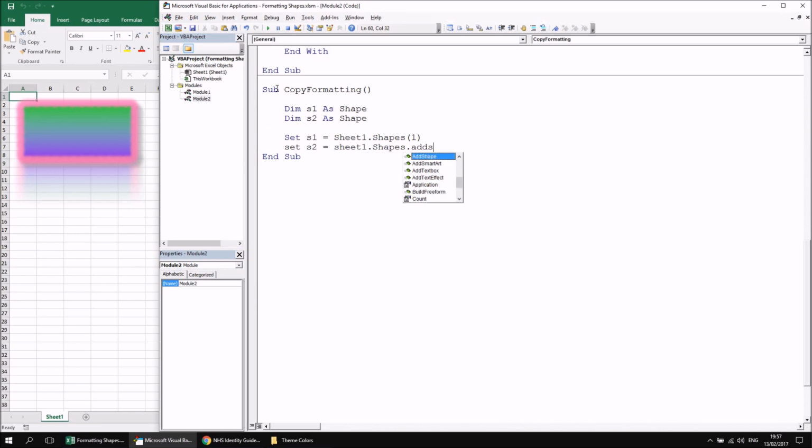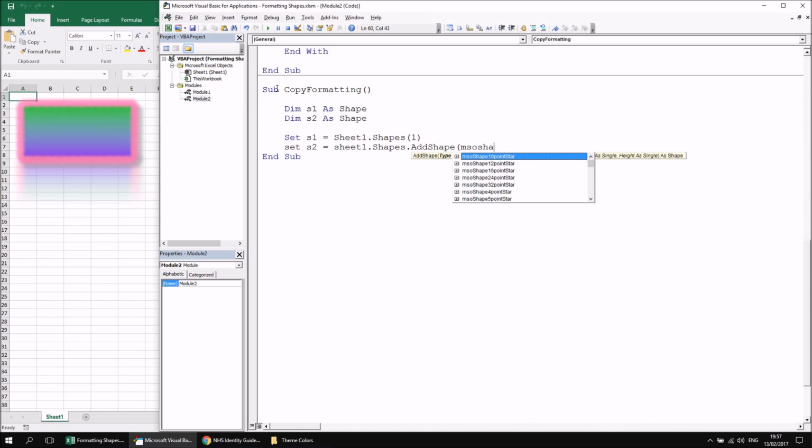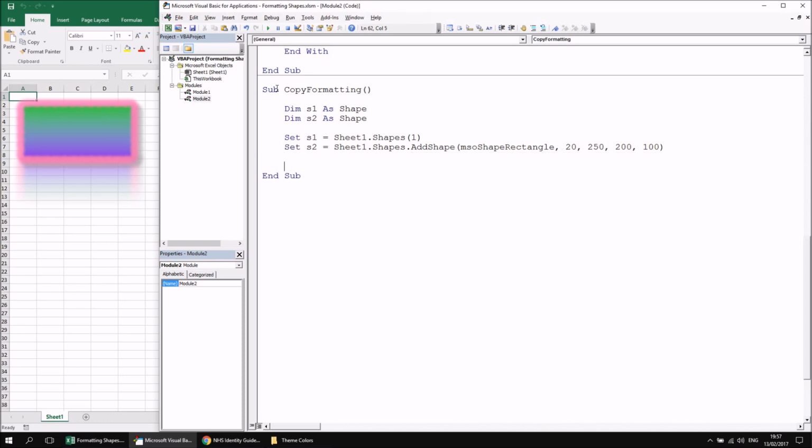Then I'm going to set s2 to be equal to sheet1.shapes.addShape, and I'm going to create an MSO shape rectangle. It doesn't have to be a rectangle, but it seemed like the most obvious choice as we've been using rectangles so far. The left I'm going to set to be 20, the top I'm going to set to be, let's say, about 250, and then I'm going to set the width to 200 and the height to 100. Now having done that, I'd like my new shape to take on exactly the same formatting properties as the previous one. So to do that, I can say